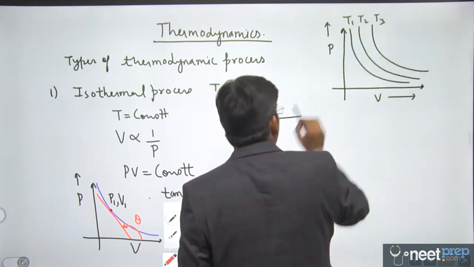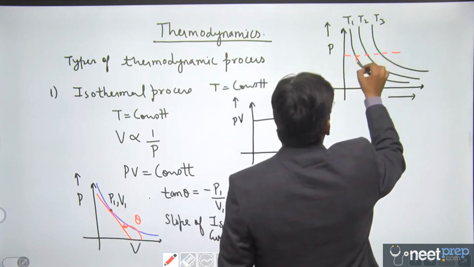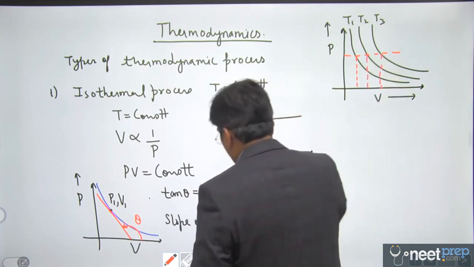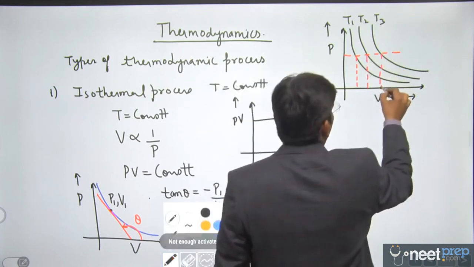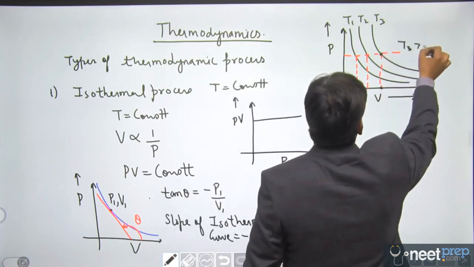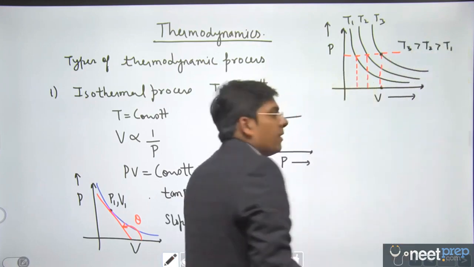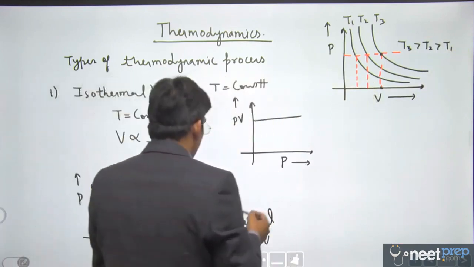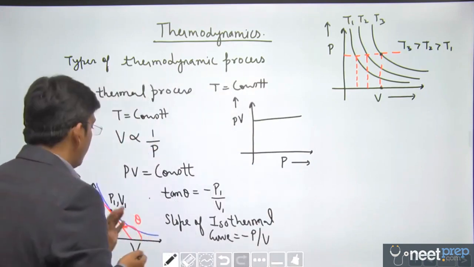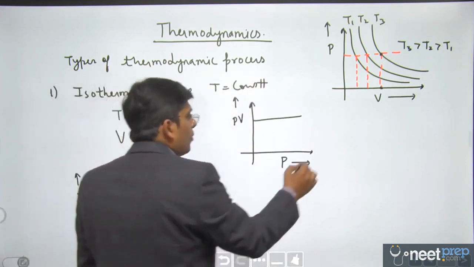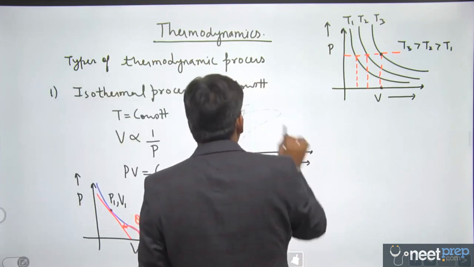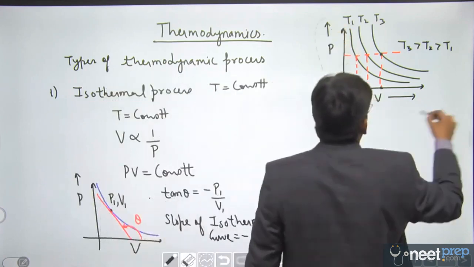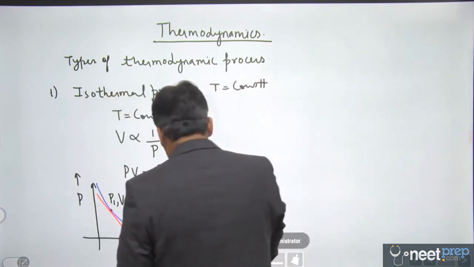These are called isotherms. So if we take the pressure to be same for all the cases, the case in which volume is maximum, we expect the maximum temperature in that case, right? Since volume is maximum in this case, T3 is greater than T2 is greater than definitely T1, dear students. Now, we have drawn the PV graph for isothermal process, which is going to be a hyperbola, right?